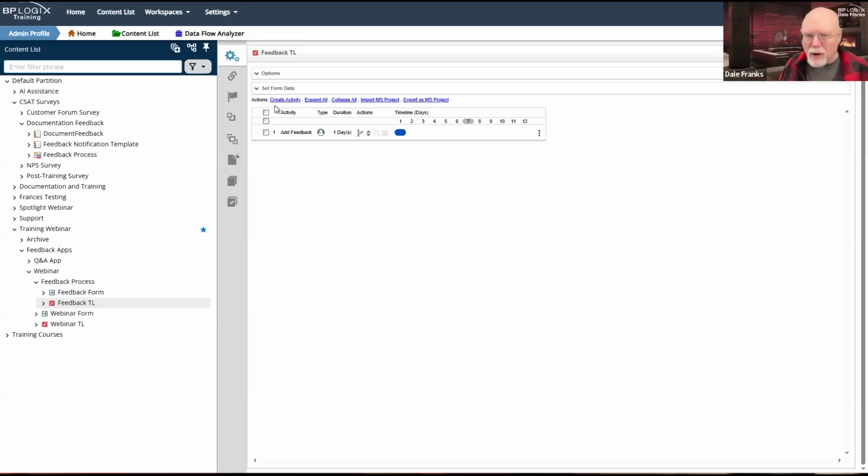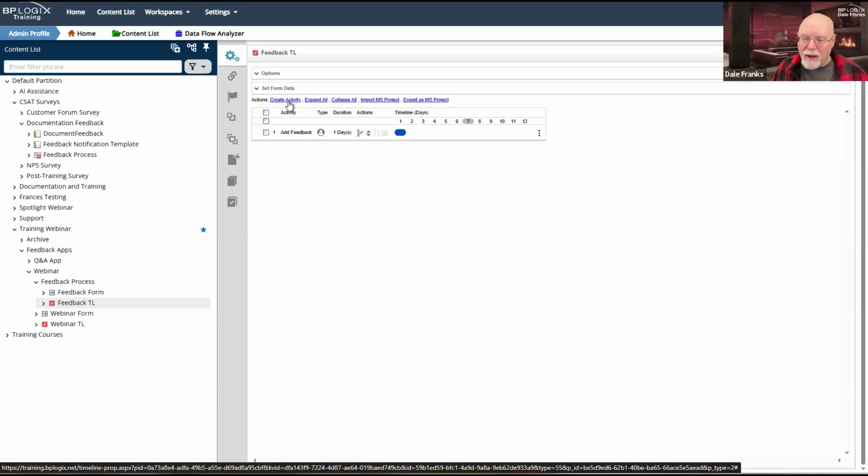It may just be a notification activity where you notify somebody and provide their feedback to them in an email, in which case we will need to create the email template. Or it may, as in the case of the Q&A app, require some sort of response. And if that is so, then I'm going to need an activity from whoever receives the feedback to provide that response.